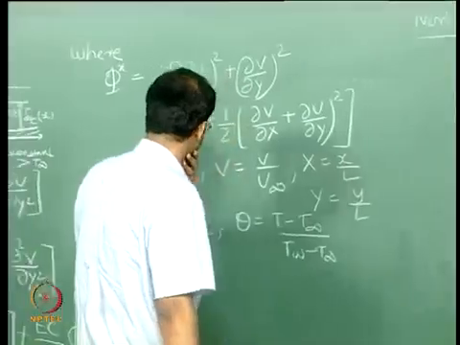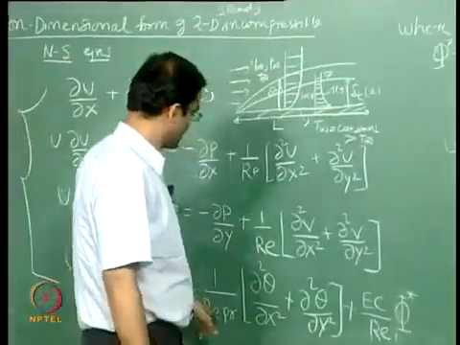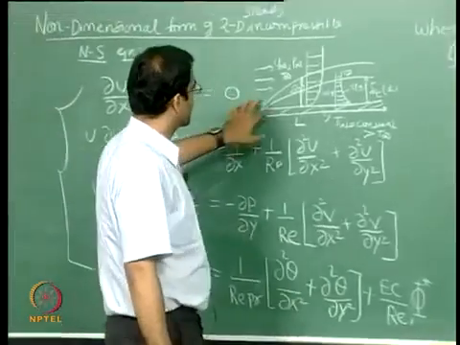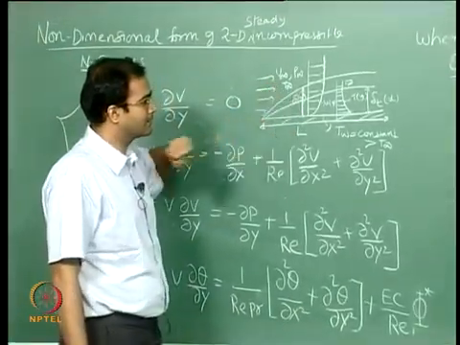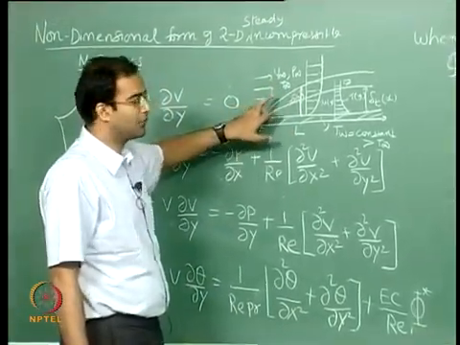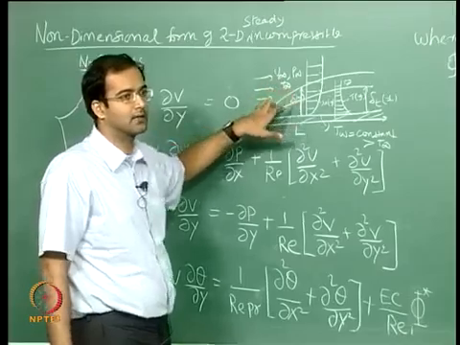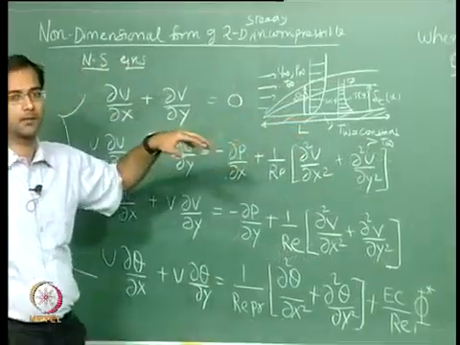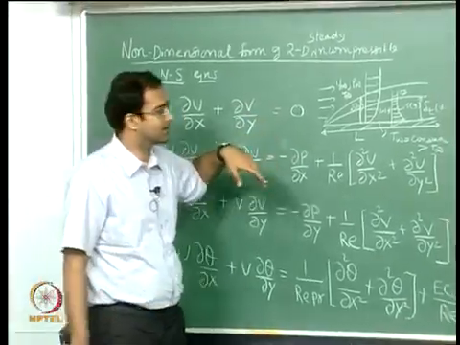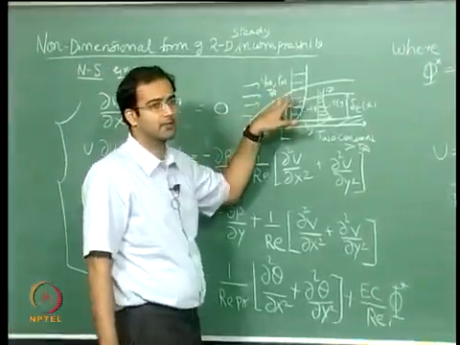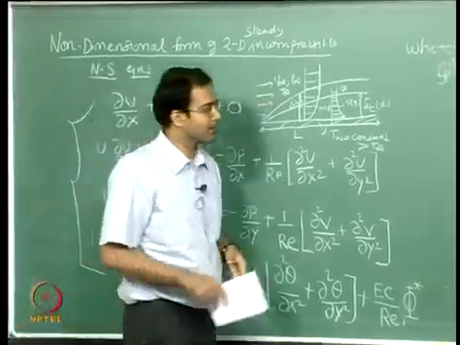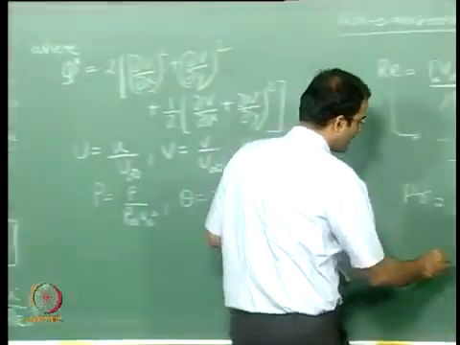Okay, so Prandtl number appears in the energy equation along with the Reynolds number. So if you are looking at this figure right here, Prandtl number decides the rate of growth of the velocity boundary layer with respect to the thermal boundary layer. In this case it shows that your velocity boundary layer is growing at a much higher rate than the thermal boundary layer. Okay, so your Prandtl number greater than 1